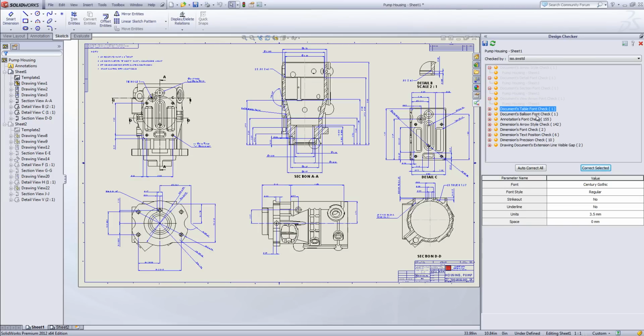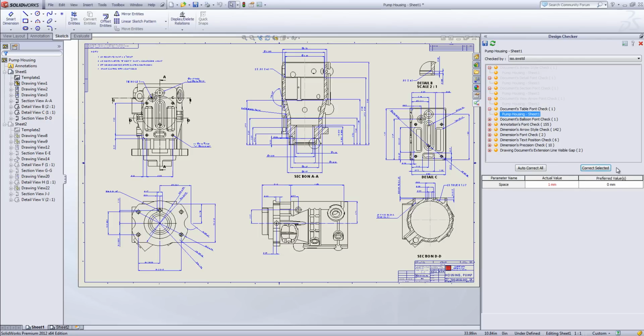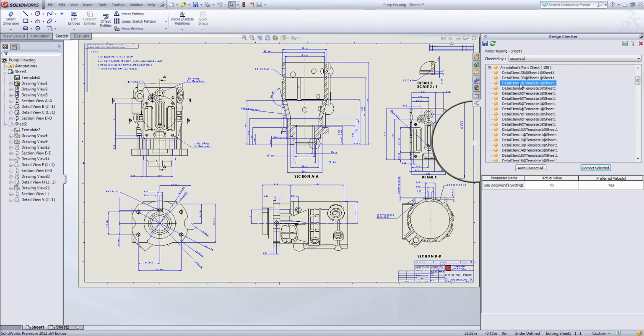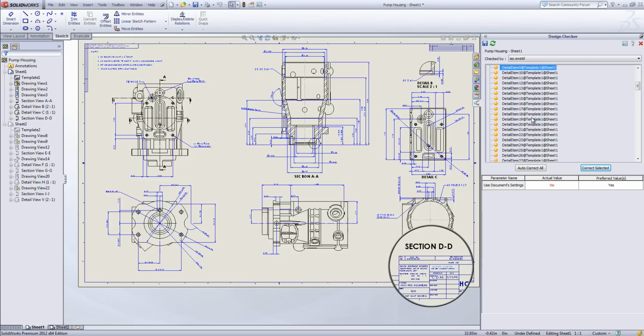If we're using a table within the document, we may want to make sure that we've got the right spacing between cells. When we go down to this annotations section, you'll see this is all the annotations and notes within the document, some of which will actually be included within the template. So you do have to watch out for those items that are set to @template. We don't want to change the size of those font items. So I'll scroll down the list,